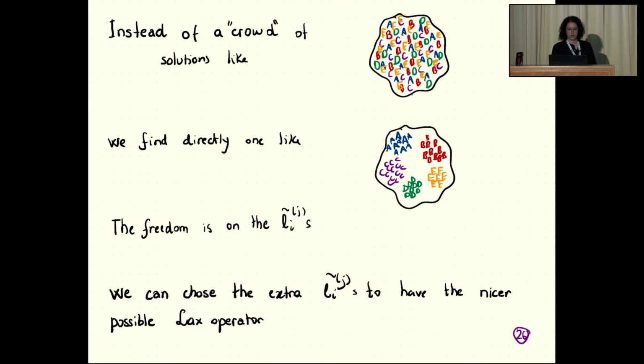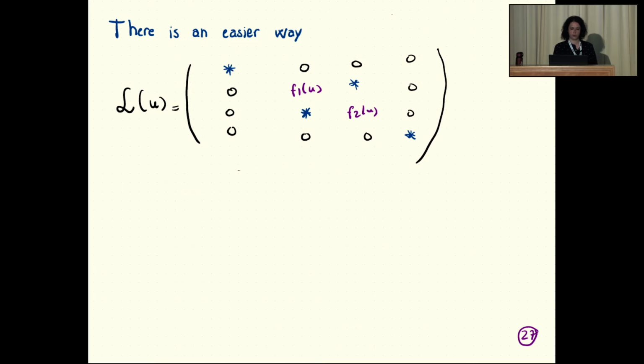You can choose these extra ones to have something nice or something more interesting, depending on what you want. But depending on the model, it's not easy to sum the series. This is what we realized. It can be quite tricky to sum the series. So what we actually did in practice for all the examples, even in long range that I will explain later, was that if you put these extra ones to 0 from the beginning, you see that you have some elements that are very simple.